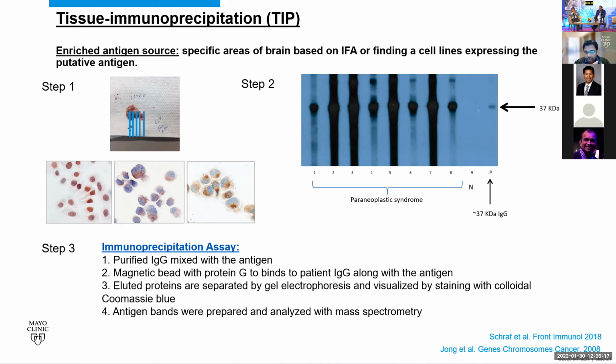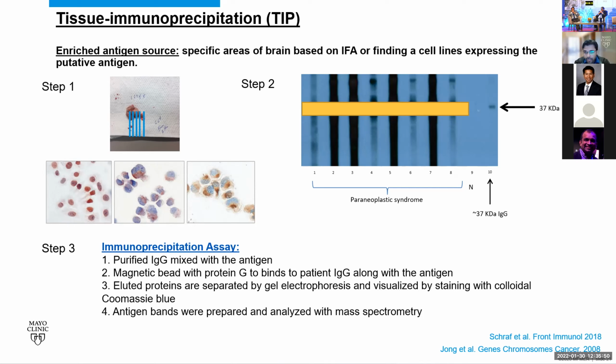It could be a part of the brain where we think the antigen is present based on the tissue IFA images, some of those green images I was showing you. It could be a cancer, based on the underlying cancer association with the paraneoplastic syndrome. Step 2 is to run this on a gel and find a common band, purify those antibodies binding to the common band, and then utilize that purified antibody to do an immunoprecipitation assay, which goes to mass spec,